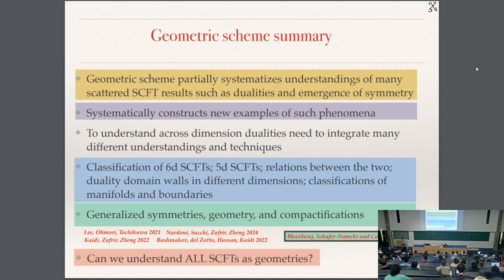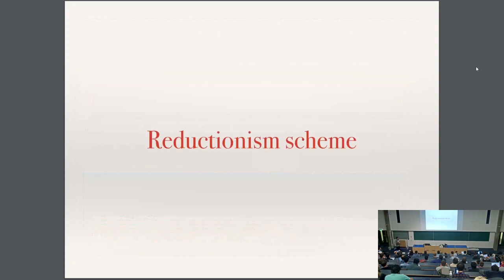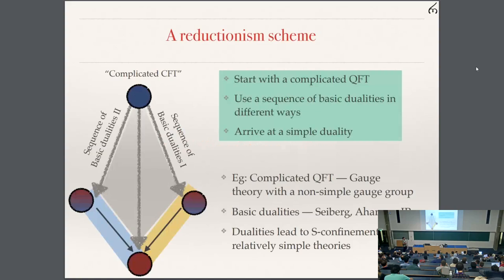done by many people, but also by many people in Oxford in particular, on trying to understand symmetries in these compactifications using geometry. But in trying to map or understand these symmetries directly in quantum field theory constructions such as Lagrangians, only few works exist at the moment, and there is a lot to be done. And there is this important question that we can ask, whether we can understand all SQFTs as some kind of geometric constructions. So let me now go to a second scheme, the reductionism scheme, and this scheme is related to